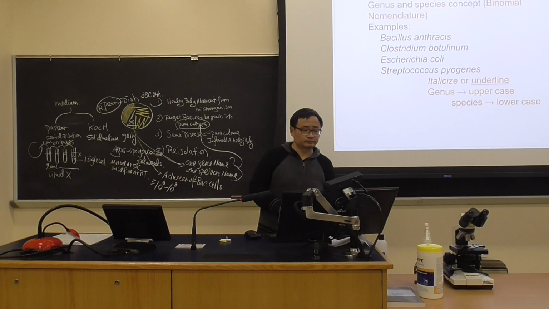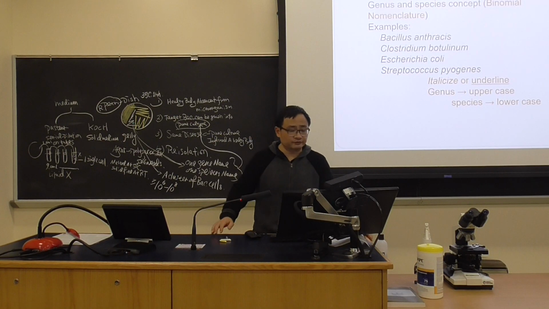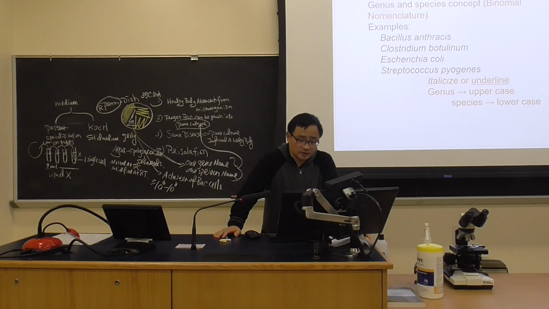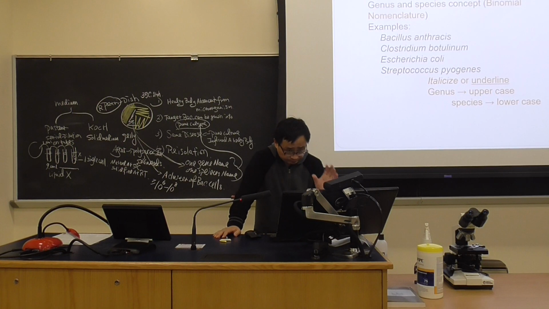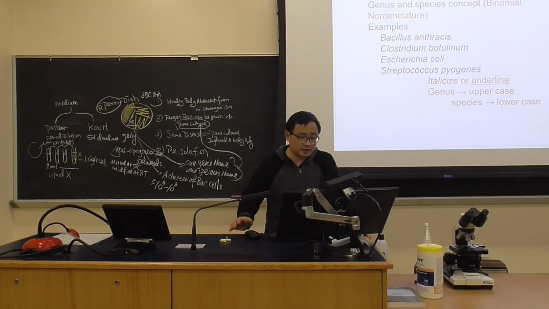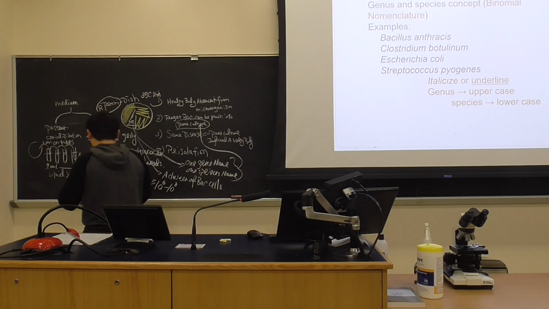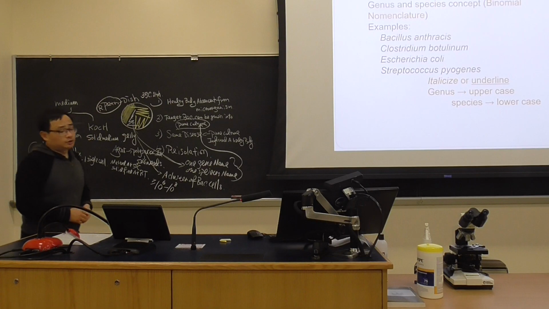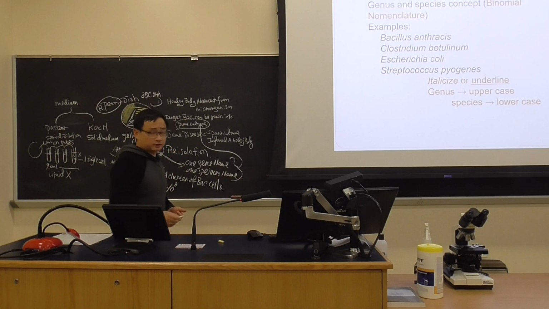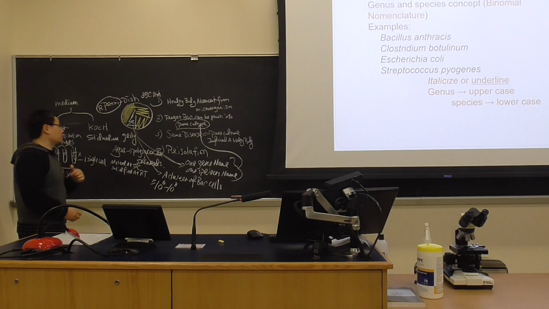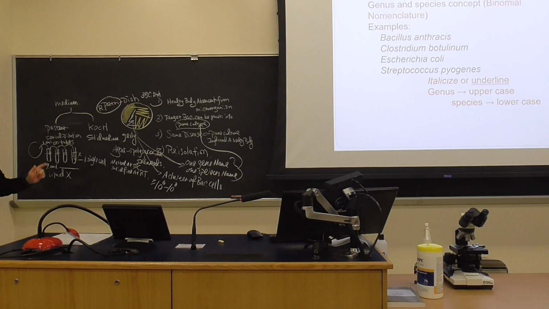Last one. For naming and classifying microbes, we use binomial nomenclature. So every bacterium has two sections. Let's say the easiest one, E. coli. And I make jokes all the time. I say, even if you fail the microbiology class, you will never forget a bacterium's name even after 30 years.